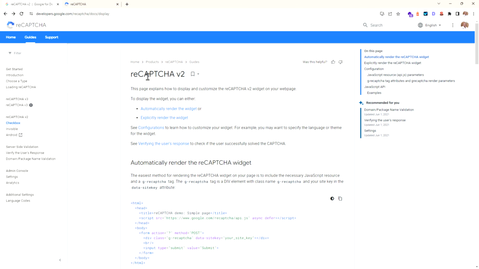So reCAPTCHA from Google. They have the documentation. They have reCAPTCHA V2 and V3. We are going to use V2 till now. It's too popular, I don't know why. I like V3, it's easier and simpler. But we'll go with the follow and we see what we have here in